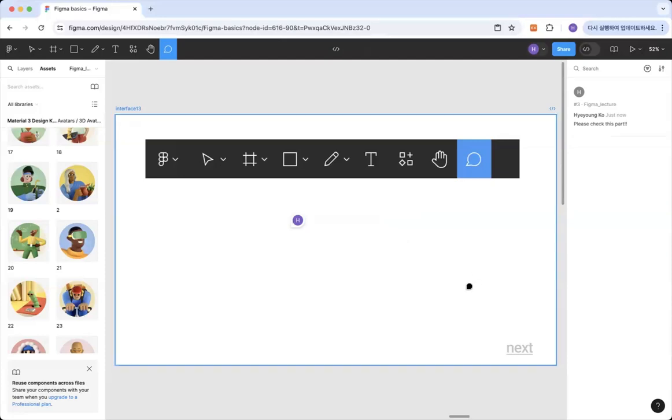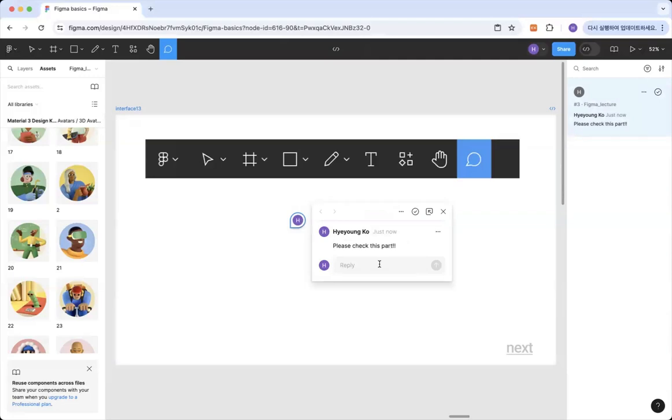It will show up on the screen, and other team members, when they are viewing this page, can open the comments like this, and they can also reply to this comment. Yeah. Now,